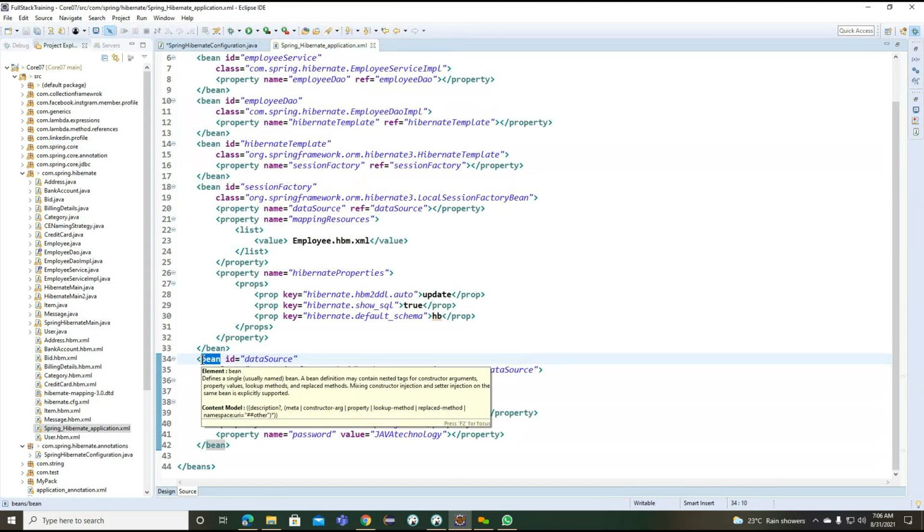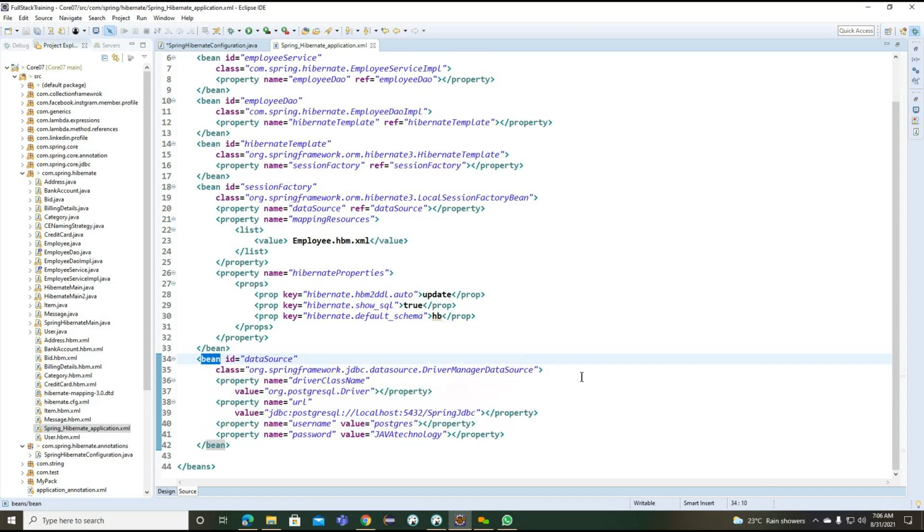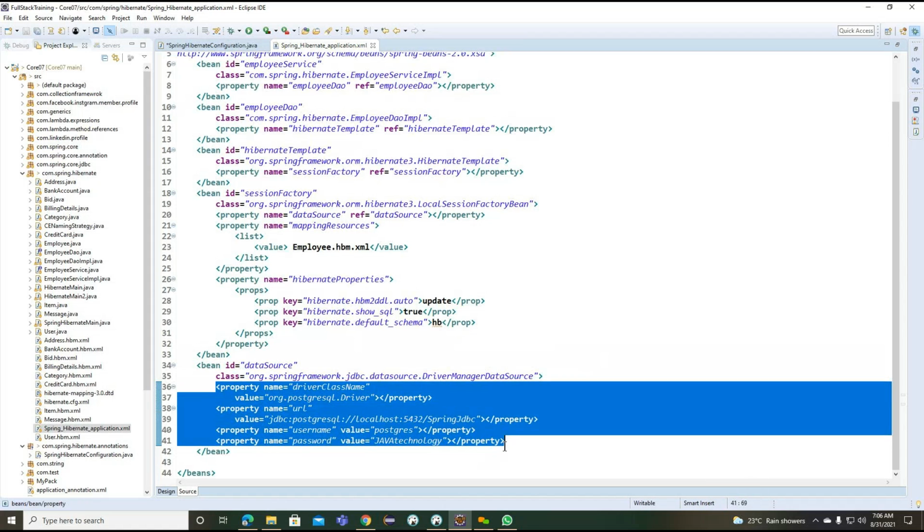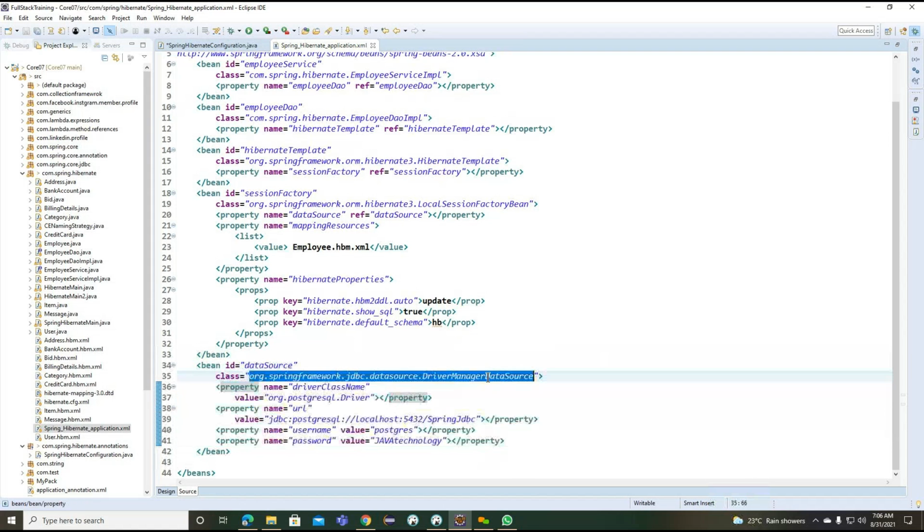So the bean tag is indicated by the @Bean annotation. Now, we just created the object of DriverManagerDataSource, but we need to set its properties. So to set these properties, what can we do?